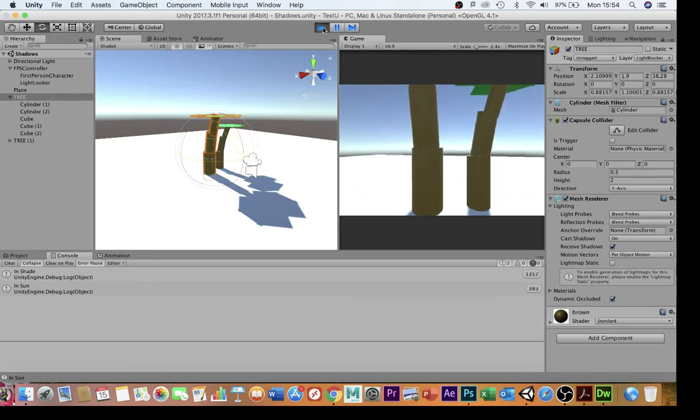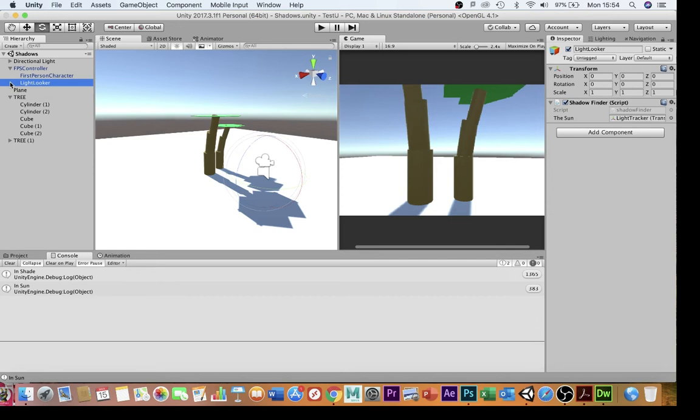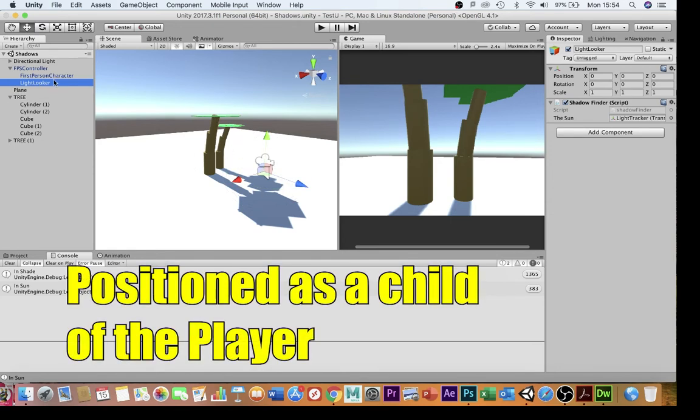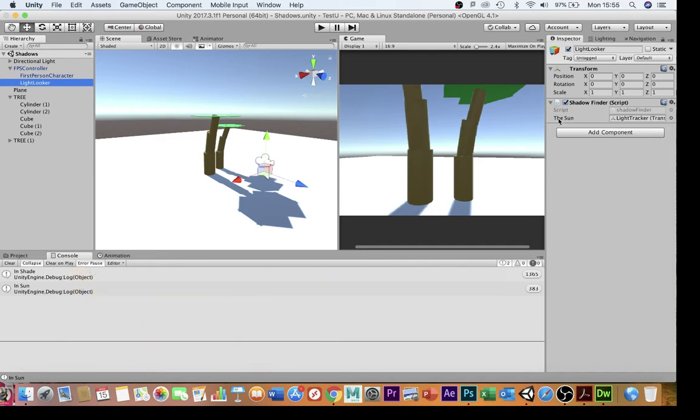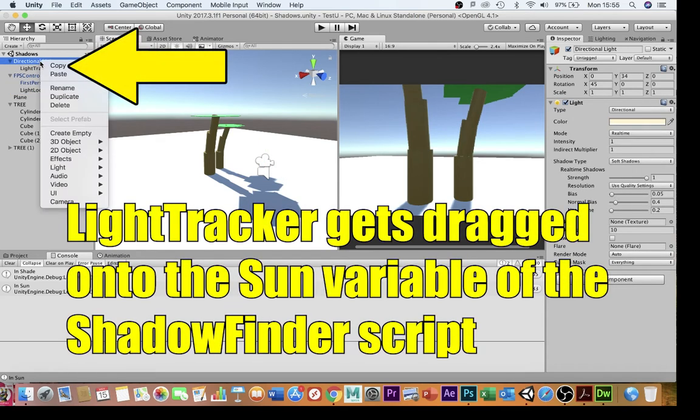Here's how that works. The first thing you're going to need is an empty game object positioned at the center of your object, called Light Looker. Call it anything you like, and that's what's got the Shadow Finder script on. There's only one variable in here, which is the sun. This system only works for a single light source like the sun. On my directional light, I've created an empty game object